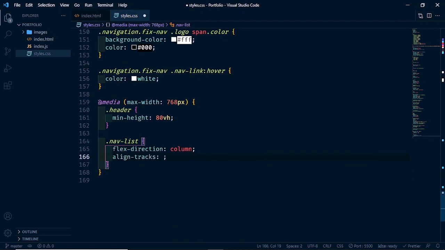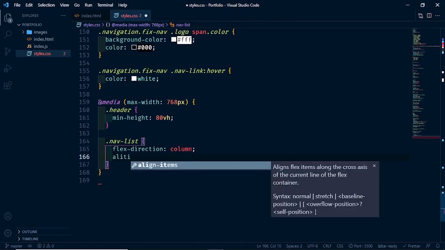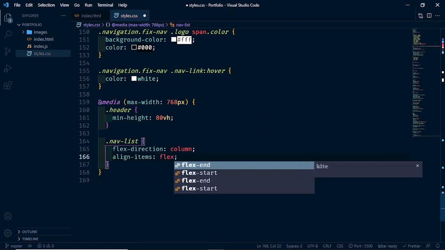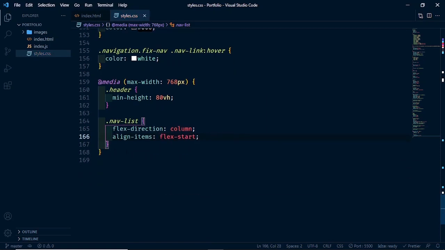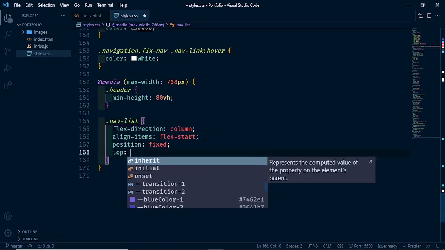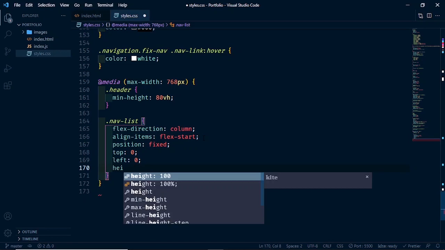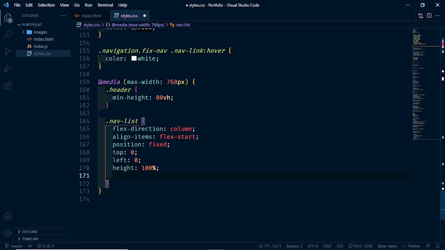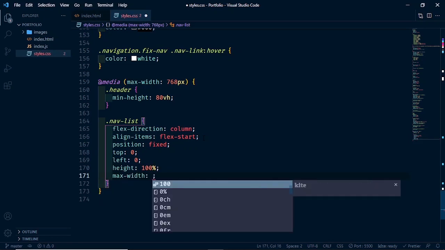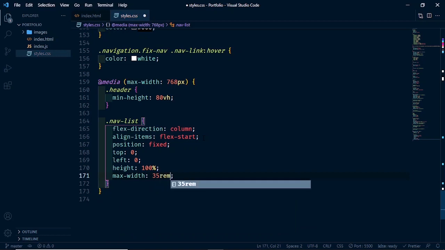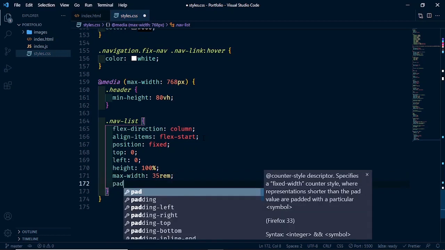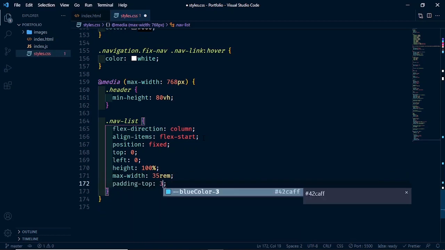Let's set align items to flex-start, and position should be fixed. Also, let's set the top to 0 and the left should also be 0. Let's set the height to 100%, max width to 35 rem. Let's set padding top to 3 rem